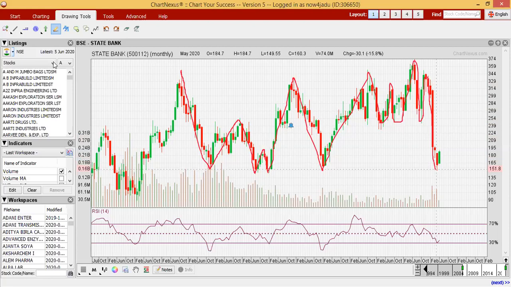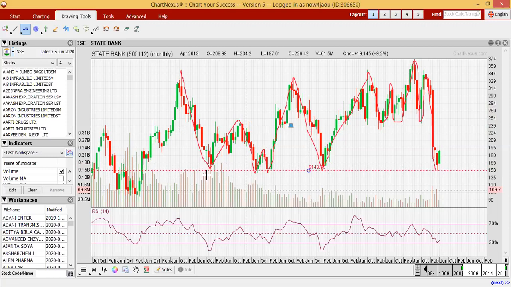So see here, if we are following these drops when it corrects drastically, then we can check the monthly chart and check where it is actually taking support year after year. At the 150 level, it took support in 2011, 2013, 2014, 2016. So we can draw a horizontal line here to know where the actual support is. And see here also, it has taken support at the 150 level.